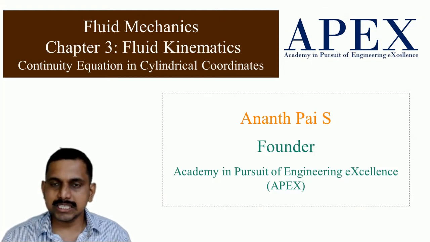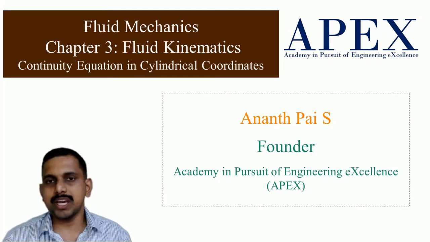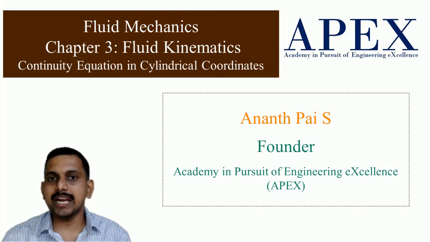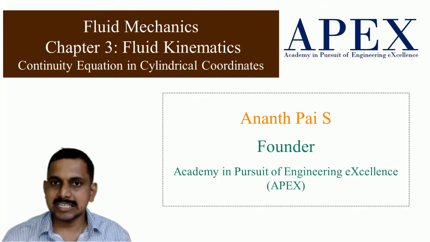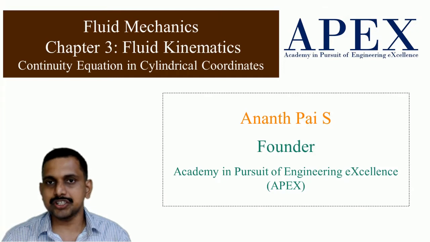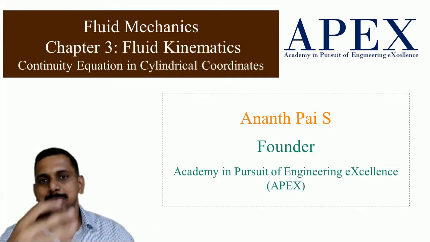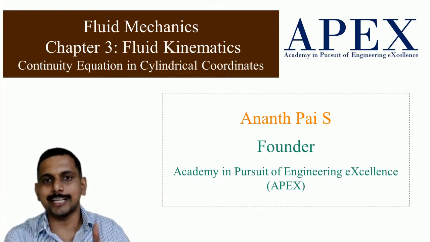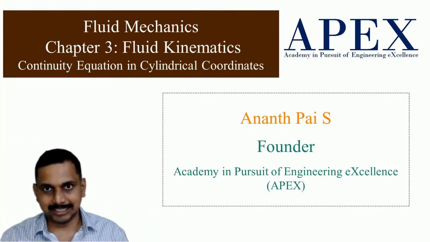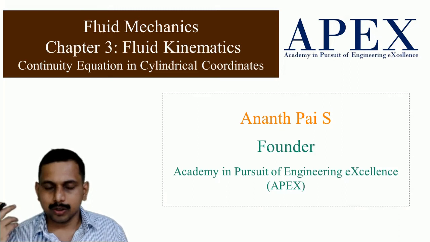Now when we say cylindrical coordinate system, there are three axes. One is the radial one, which is r, the angular or tangential one, which is theta, and the axial one or the z direction. I am saying radial, tangential and axial thinking of turbo machines. When you say turbo machine, you will have an axial direction, tangential direction and the radial direction. That is the way I am imagining it. So now let us go further.